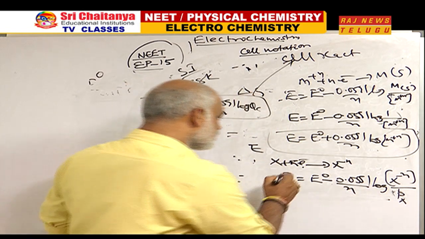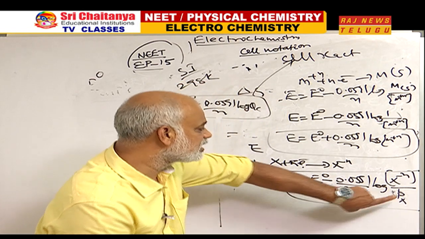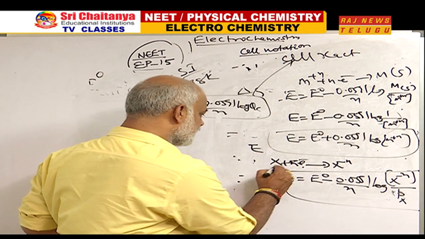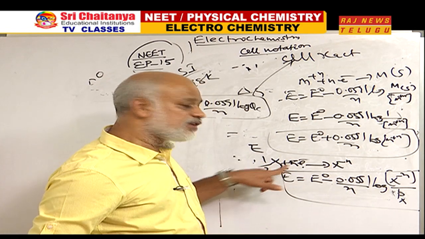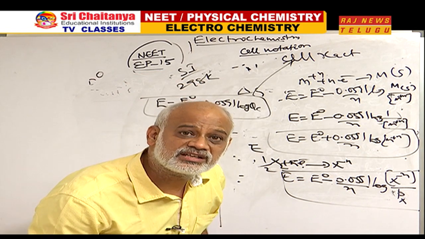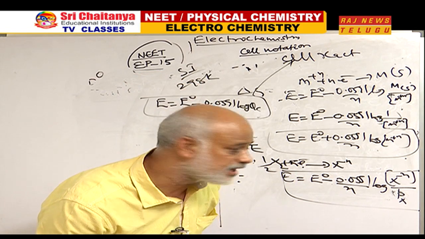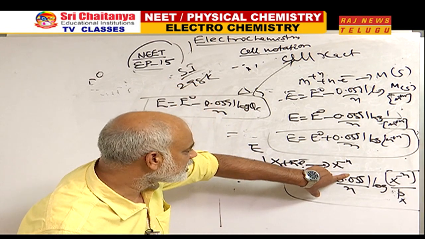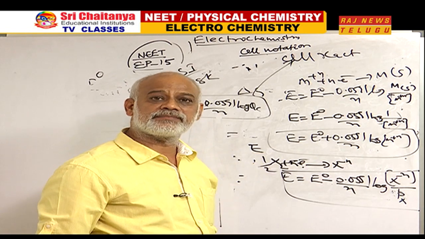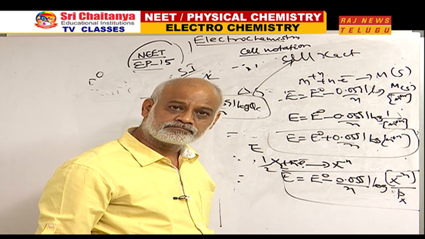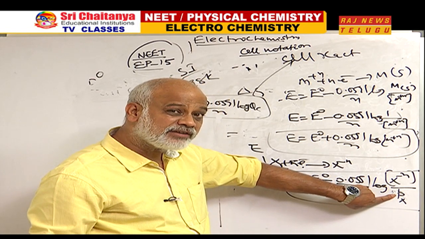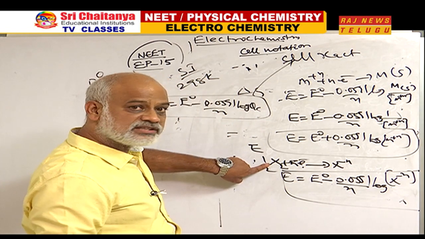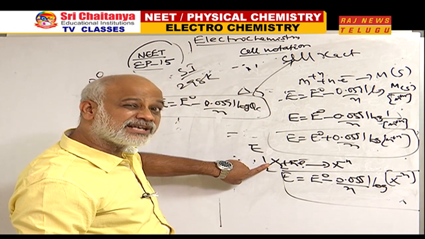Most of the books are not using this terminology. They are leaving it to be 1. What is this pX meaning for me? Suppose this is chlorine. If nothing is mentioned, we think that the gas is actually bubbled at 1 bar. Therefore, in many of the books, this will be written just like that, and minus 0.0591 by n logarithm of non-metal ion concentration. This is because it is taken to be 1 bar, but I wanted to clarify, I can rub it off, no issue, when this X2 is bubbled at 1 bar.